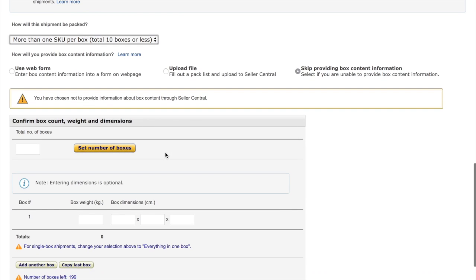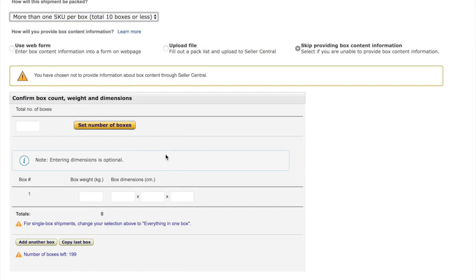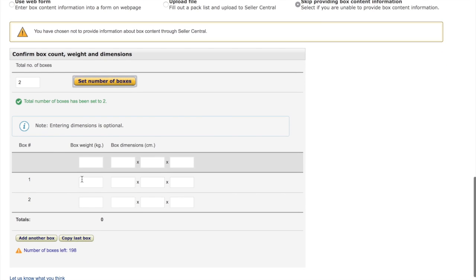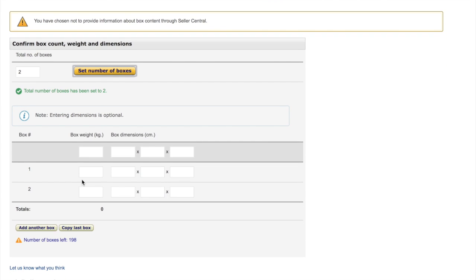Okay, and so then you're going to want to count up how many boxes you have, and pop that number into there. I'm just going to put 2 and set number of boxes. And then at this point you're going to need to weigh all of your boxes. So what I usually do for this is I would set the scales to kilograms, because that is the only unit that Amazon will take your box weight in. So set it to kilograms, weigh yourself, take note of how much you weigh in kilograms,